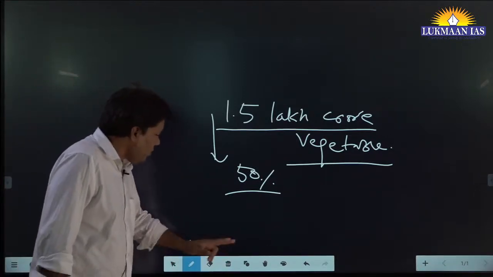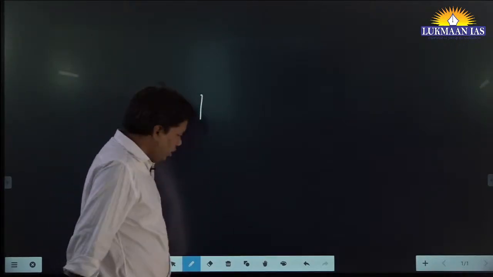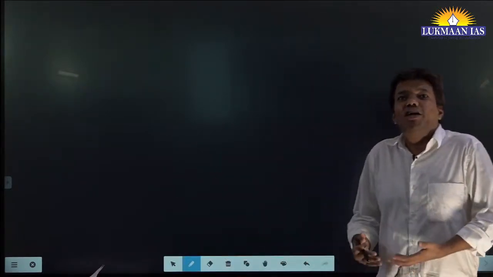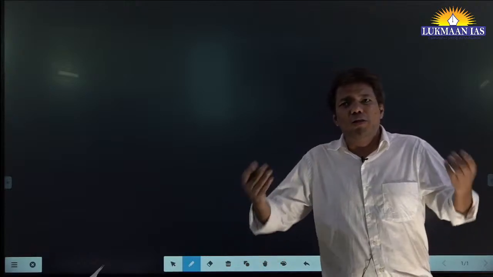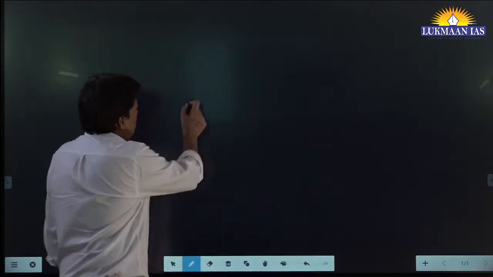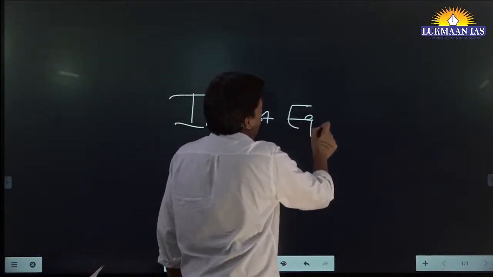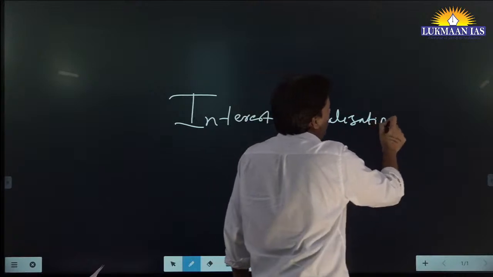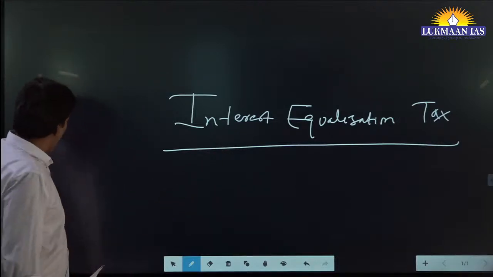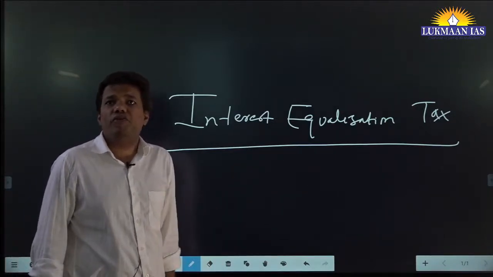So now what I will do, now somebody might ask a question. Let's say sterilization is not working. So what are the other tools which central banks have? One important tool is interest equalization tax. You must know it. Interest equalization tax. What does it mean? You understand the story, now you saw OMO through sterilization, it may not always be effective. Okay, let me just read.